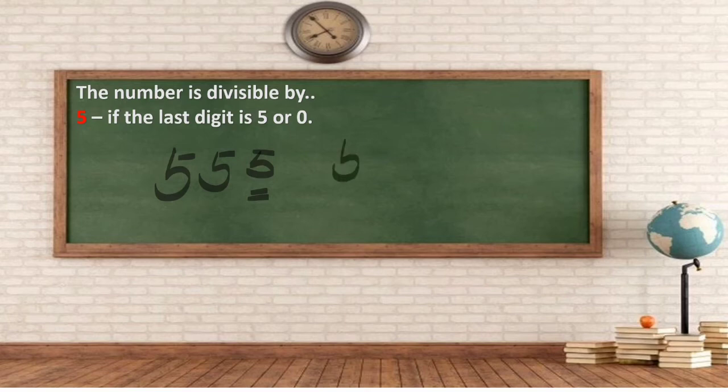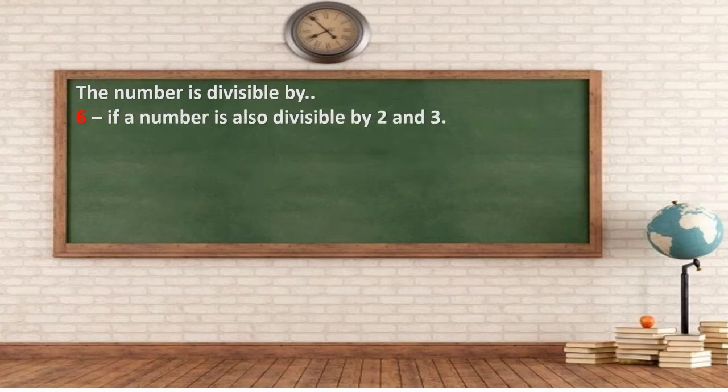Or let's say 560. It ends with 0. So this is divisible by 5. Okay, another. The number is divisible by 6 if the number is also divisible by 2 and 3. For example,